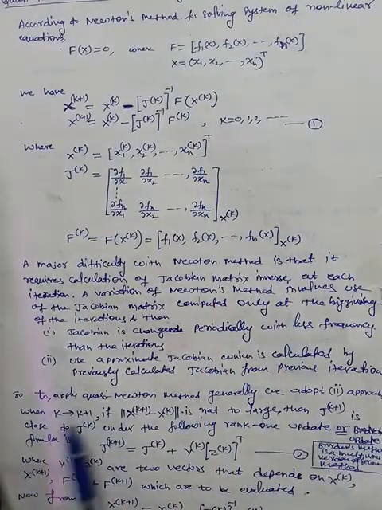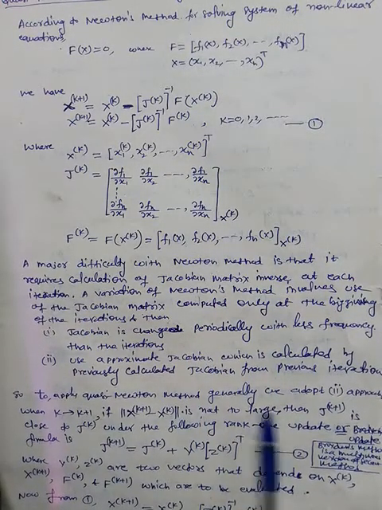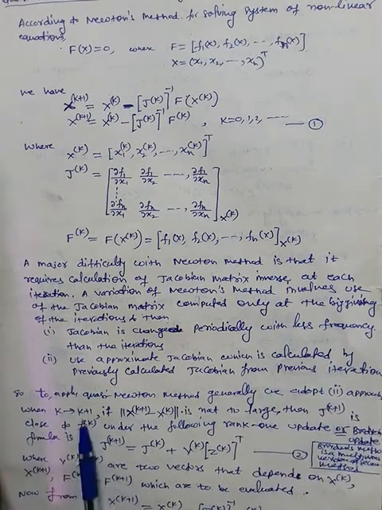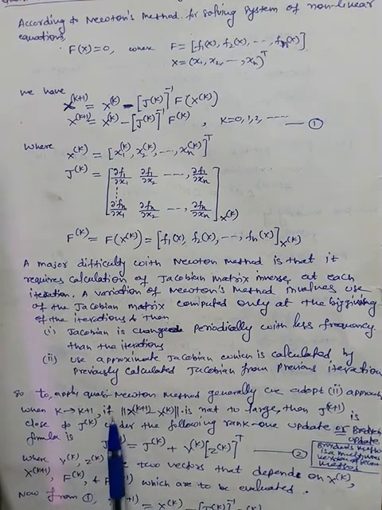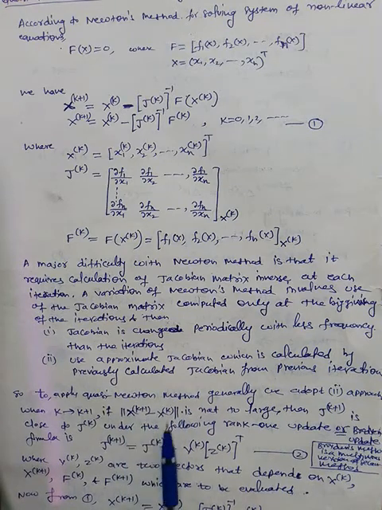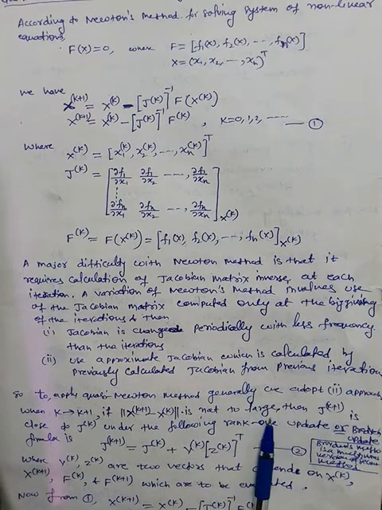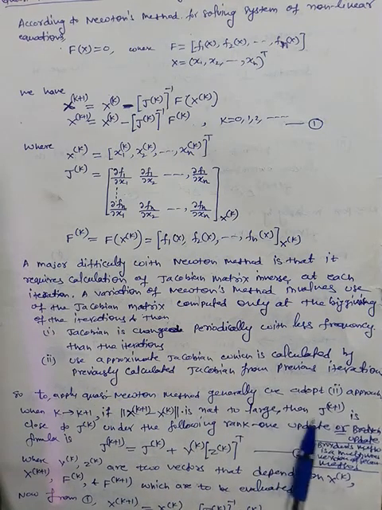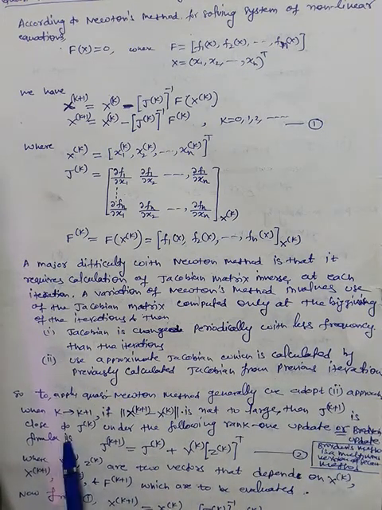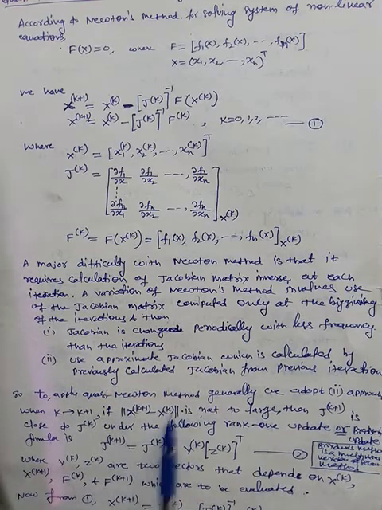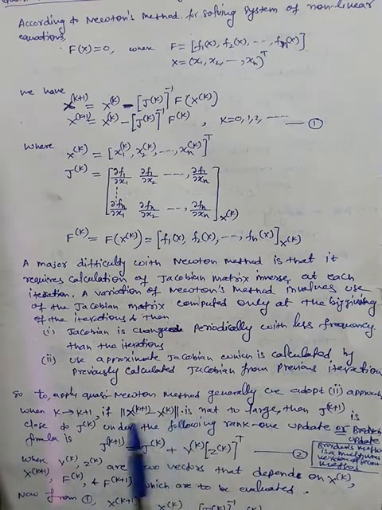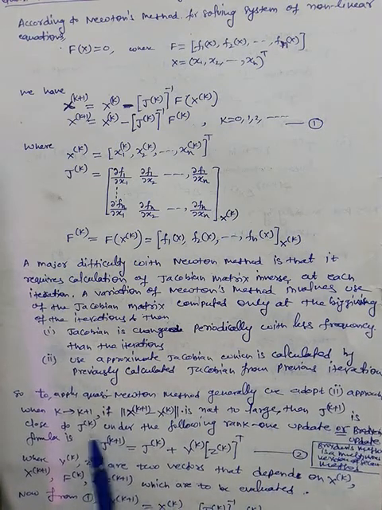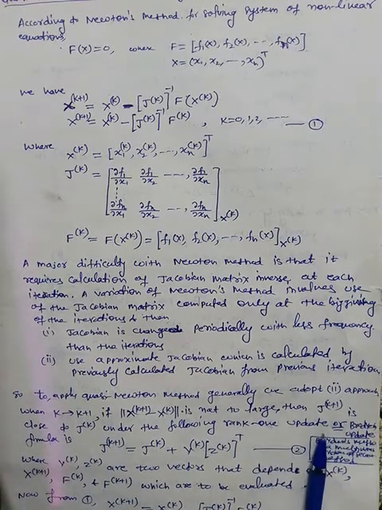Okay, so to apply the quasi-Newton method, generally we will adopt the second approach when k goes to k plus 1. If the norm of x(k+1) minus xk is not too large, that means this error is not too large, then J(k+1) is close to Jk. When this difference is very close to 0, then we can say that J(k+1) is close to Jk under the following rank 1 update.